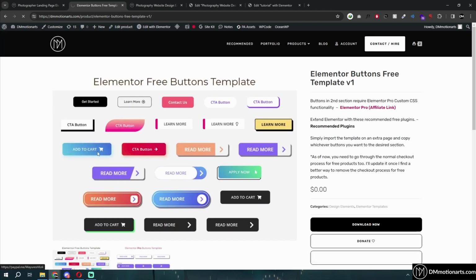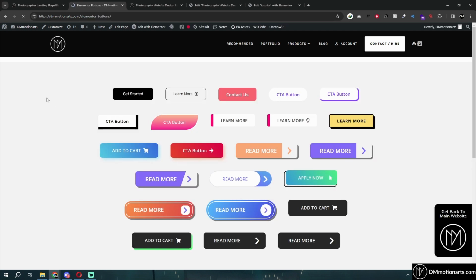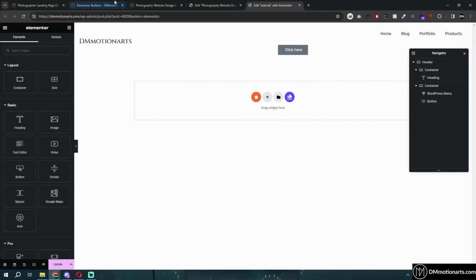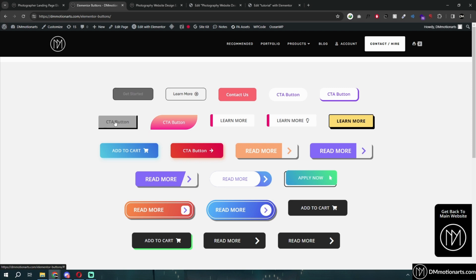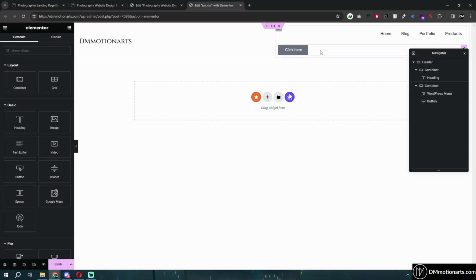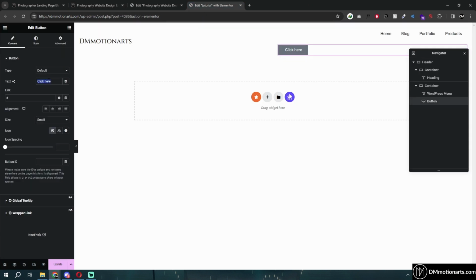Basically you can just copy paste it, or just insert it on your site or in a random empty page, and then copy it and paste it wherever you want and just do the changes. This way you could make it all faster, these buttons and all. But for this one, let's just quickly make